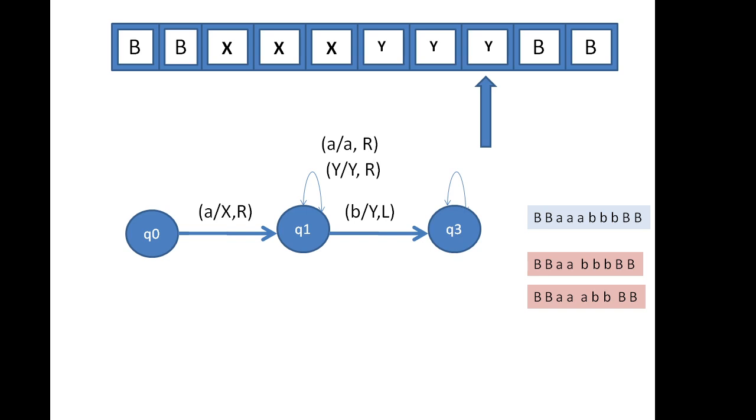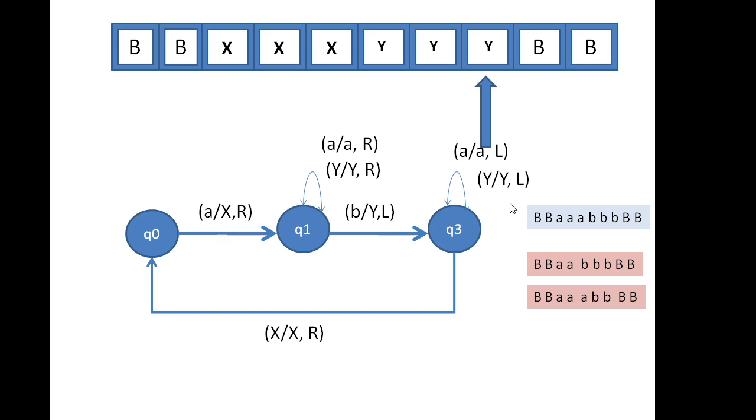So we kept moving left till we got an X, and while moving from here to this state, again, I get any number of A's. I keep moving left till I get an X, and I get any number of Y's also. Suppose I've converted a B into Y and I'm searching for X. I'll get a Y in between and an A in between. So let it be A itself, let it be Y itself, and you keep moving left.